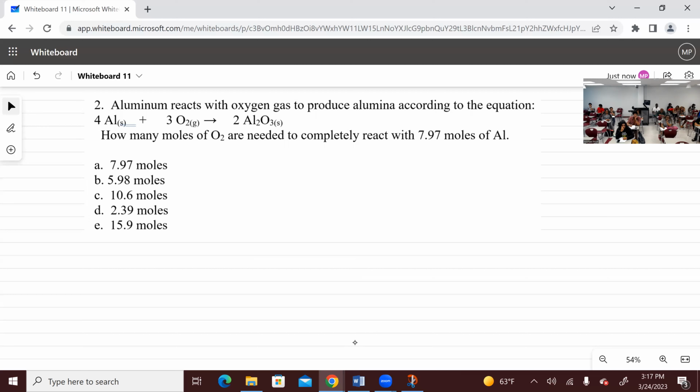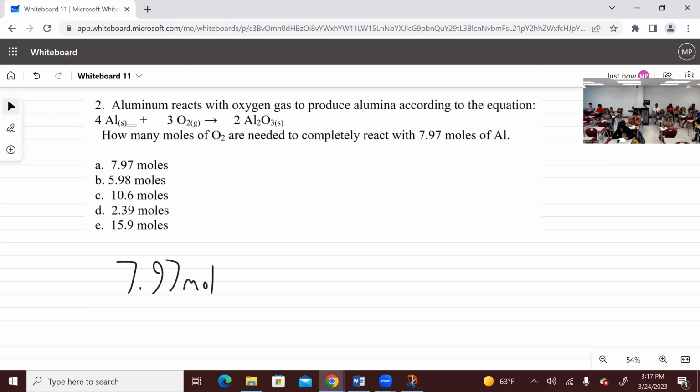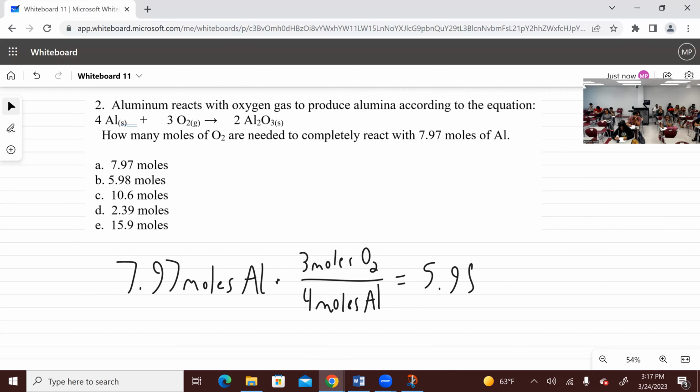Okay, all right. So I'm going to say 7.97 moles of aluminum times 3 moles of O2 divided by 4 moles of aluminum. Notice that moles of aluminum cancel out. I got moles of aluminum in the numerator of my given and in the denominator of my conversion factor. So I'll say 7.97 times 3 divided by 4, and I end up with 5.98 moles